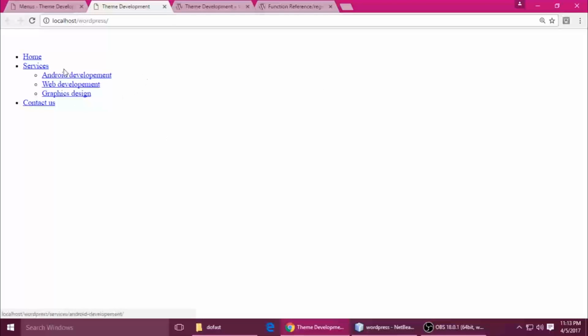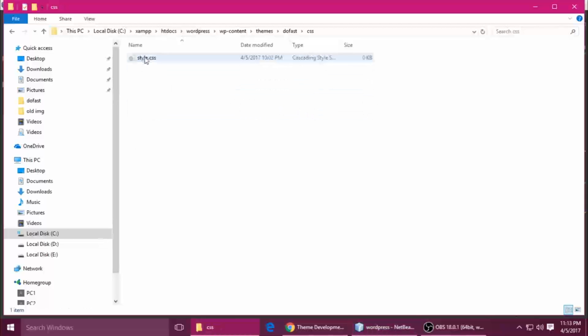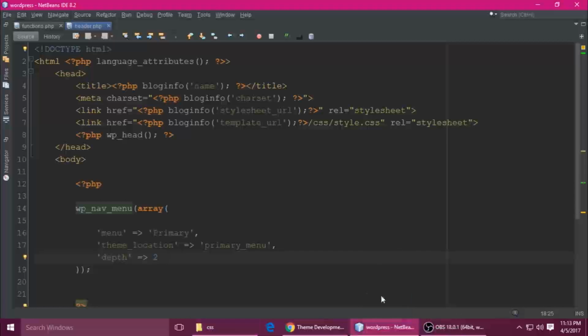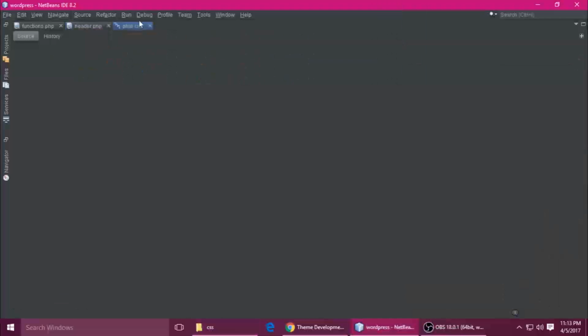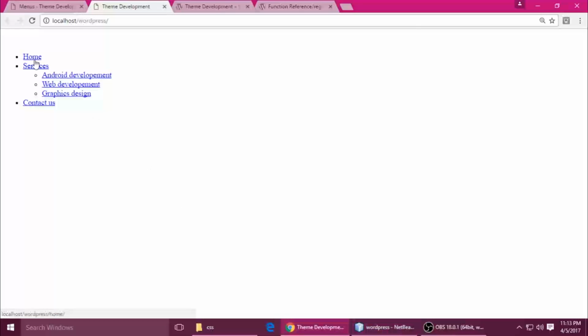If you want to add some CSS, just open your CSS file here, drag and drop it, and you can write some CSS here also. To find its class and ID, right click and inspect.